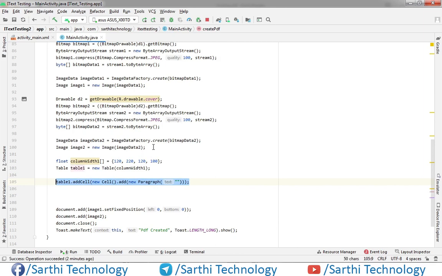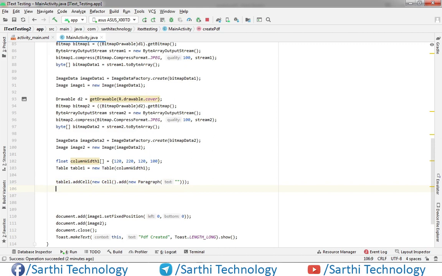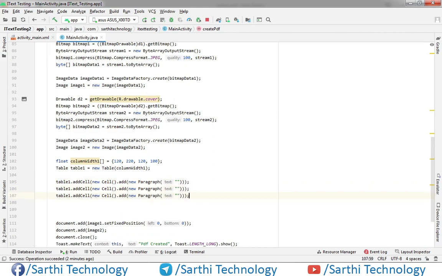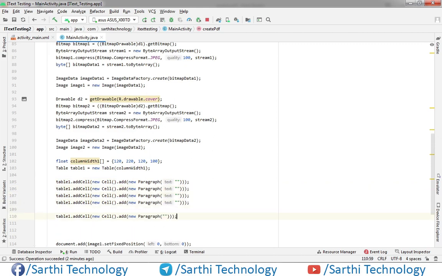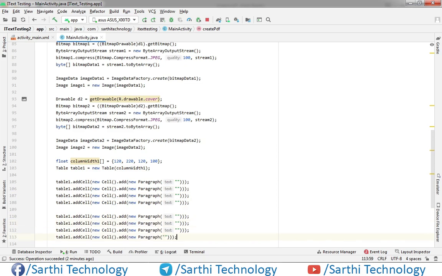Now copy this and paste for 8 times. So 1 2 3 4, 1 2 3 4. So we have 4 columns and 2 rows.